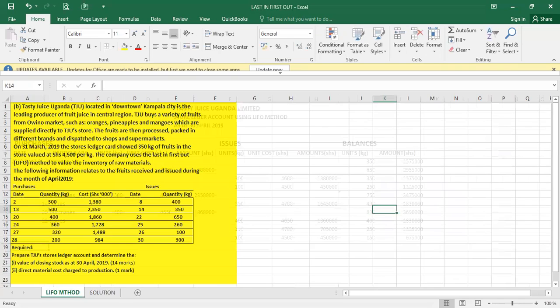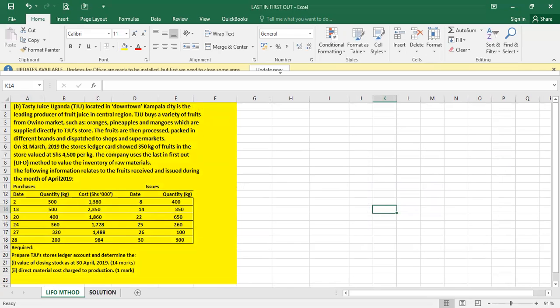Then we go to the next one. We finish this 650. Then we are going to the 24th. On the 24th, we purchased 360. This 360 is valued at